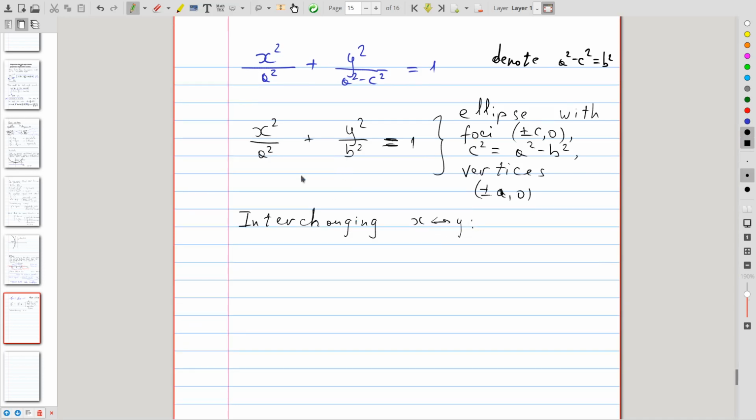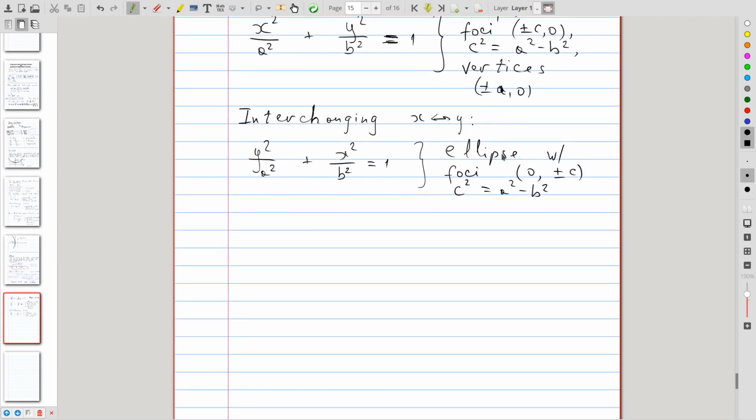Which results in the following equation. We'll get y squared over a squared plus x squared over b squared equals 1. And so this ellipse has foci oriented on the y-axis with coordinates 0 plus minus c, where c squared is a squared minus b squared. So note that a always denotes the longer axis, and vertices 0 plus minus a. So I should explain in some more detail that the values of a and b determine